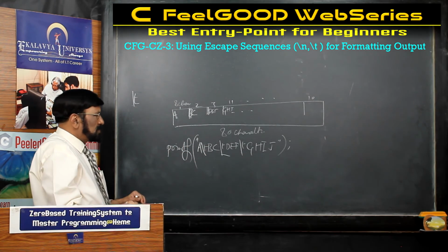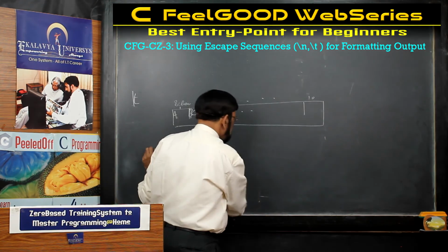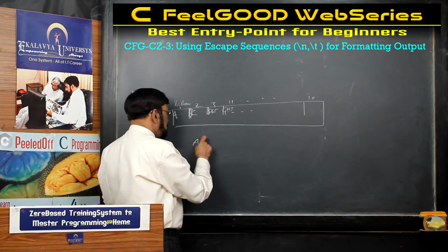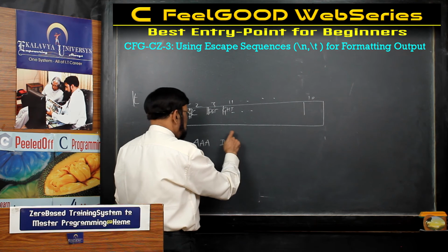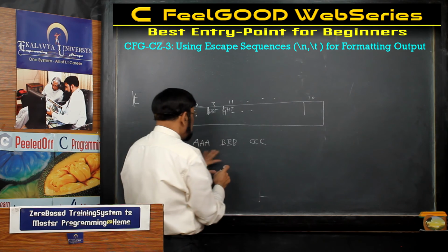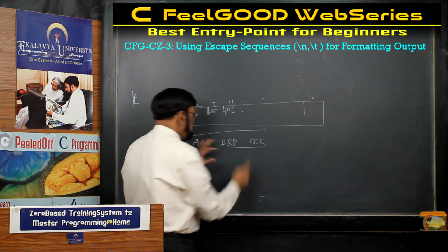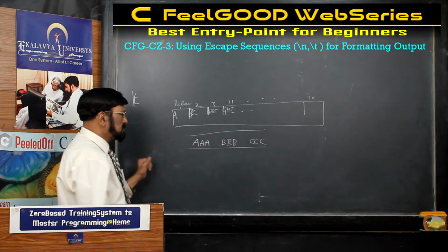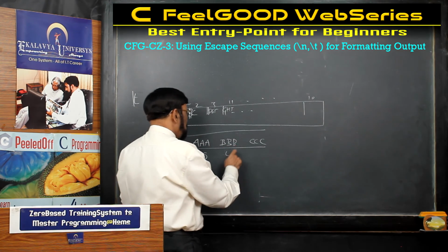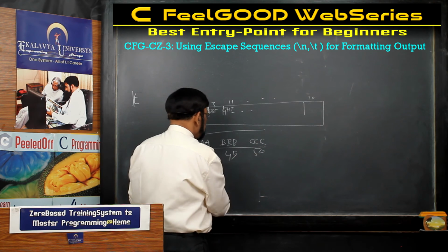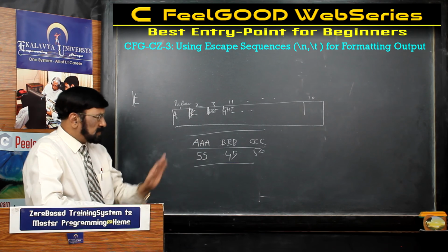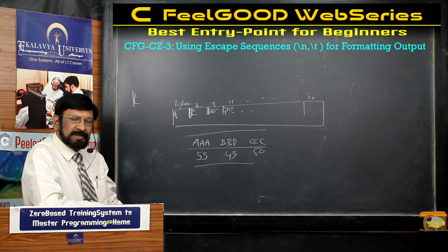If you use that, what is happening? You have already seen marks report output. Suppose these are the names of the papers A, B, C. Triple A, triple B, triple C are, let us say, the names of the subjects. Now the corresponding marks 55, 45, 50. Automatically these are aligned. I showed it in the program also, you can experiment, but before that you learn this thing.